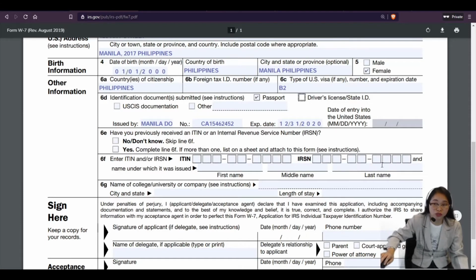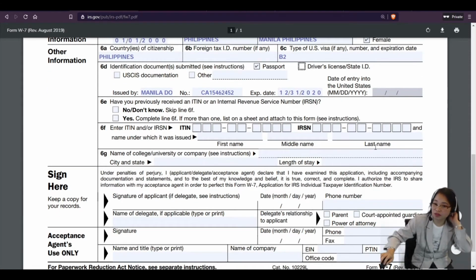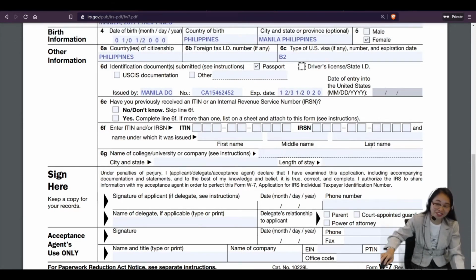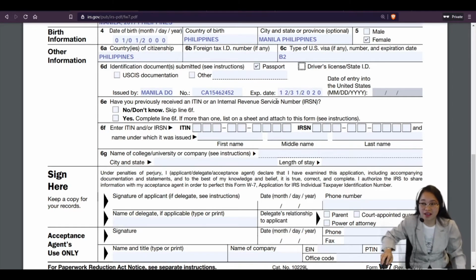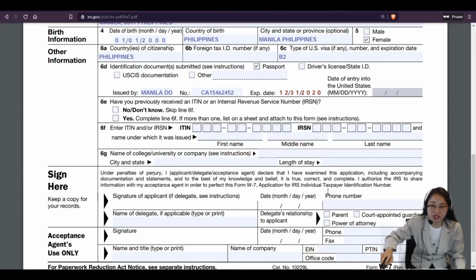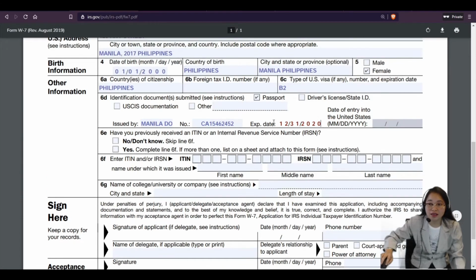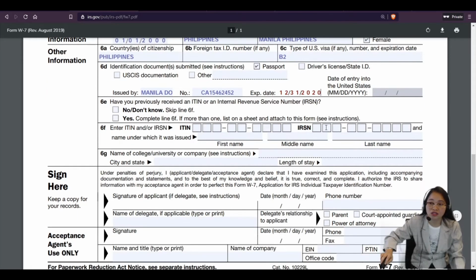Of course, the birth certificate doesn't have expiration. So again, this is very important. Your application date has to be at least 6 months before your supporting documents expiration date. Okay,